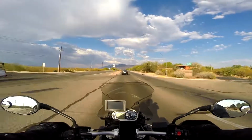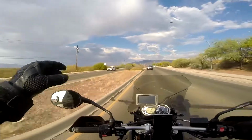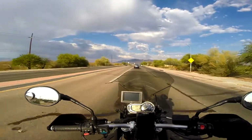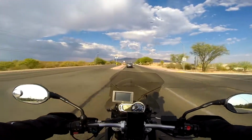Now, when this shirt dries out, it's no good. You can see it's trying to rain over there. If it got any more humid than it is right now, it wouldn't really be effective. But right now, for the dry arid heat,